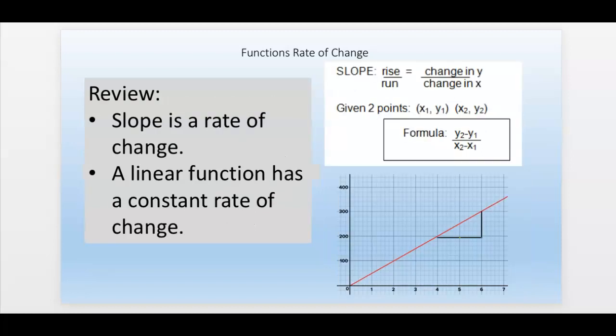Just to review, slope is a rate of change. And a linear function, if it's a straight line, has a constant rate of change. The slope stays the same between any 2 points. And remember, we can